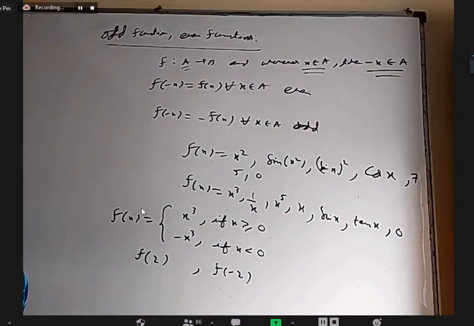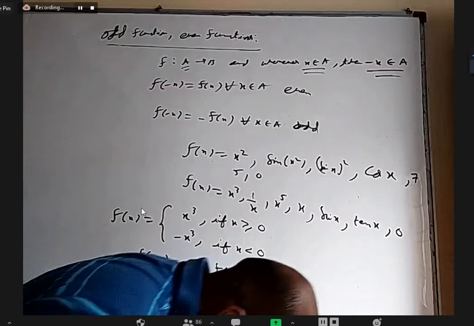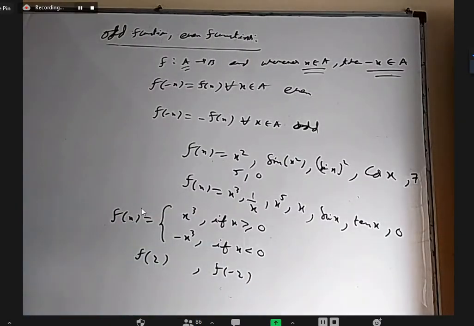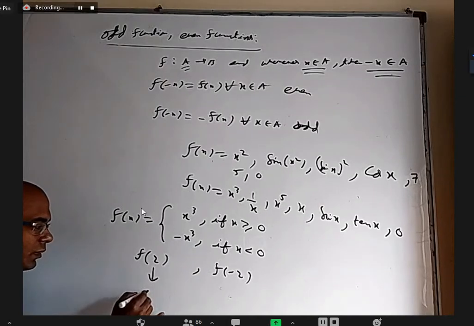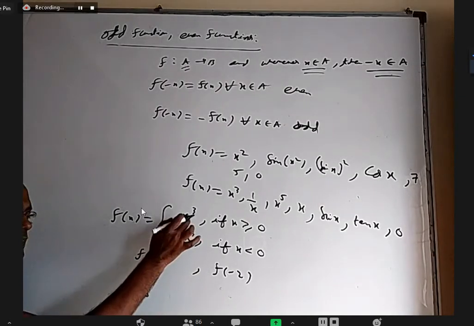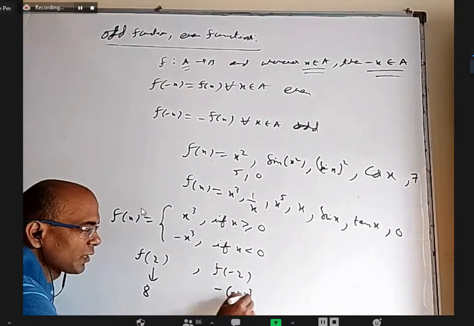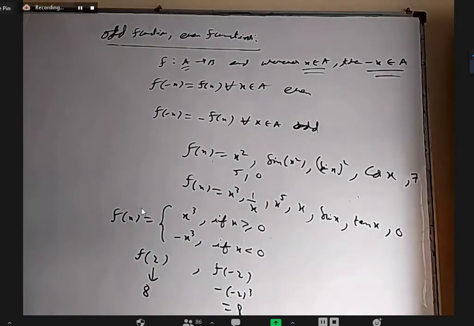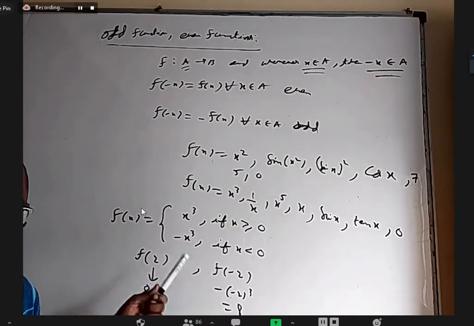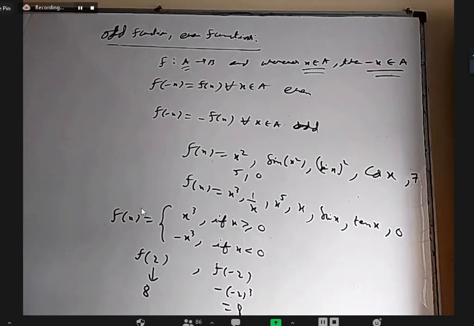f of 2 is how much? f of minus 2 is how much? Sir, it is an even function. f of 2 is 8 based on this definition. f of minus 2, when you put in this, it is minus of minus 2 whole cube, which is 8. So now it looks like odd, just at the outlook, but actually it is